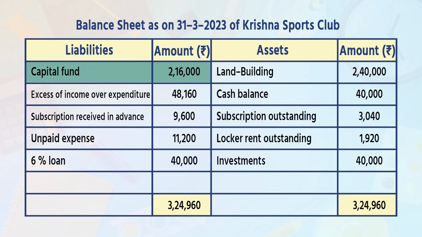Liability side: capital fund, excess of income over expenditure is there, subscription received in advance is given in the question, unpaid expenses, 6% loan is also given, and the total of this side is 3,24,960. Now come to the asset side: land and building is there, cash balance, subscription outstanding, locker rent outstanding, investments, and so on. And the total of it again